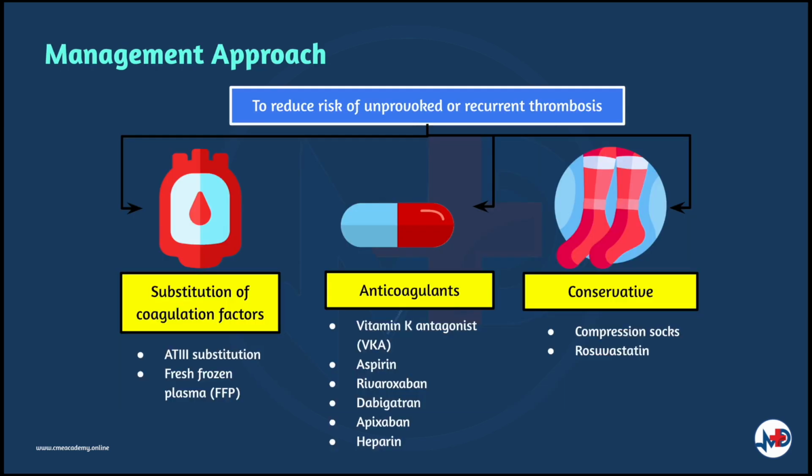Here, let's discuss the principles of management of thrombophilia. So basically, there's no specific treatment for thrombophilia unless it is causing a problem and it is caused by an underlying medical illness such as nephrotic syndrome, and the treatment of the underlying disease is needed. As for symptomatic treatment, substitution of coagulation factors can achieve causal treatment. For example, antithrombin 3 can be substituted in inherited or acquired deficiencies. FFP, which is fresh frozen plasma, containing the natural balance of procoagulant and anticoagulant factors can be given.